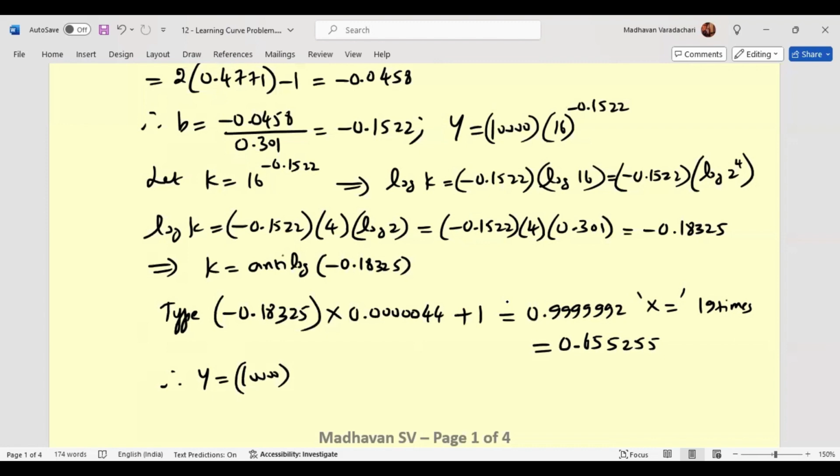Therefore, our y will be 10,000 times k. This is our k basically. The k value, we already defined as 16 to the power of negative 0.1522. So instead of that, we will replace it with 0.655255. So if we calculate, we will get rupees 6,552.55. This is per unit cost. Sorry, per batch cost. Therefore, for 16 batches,